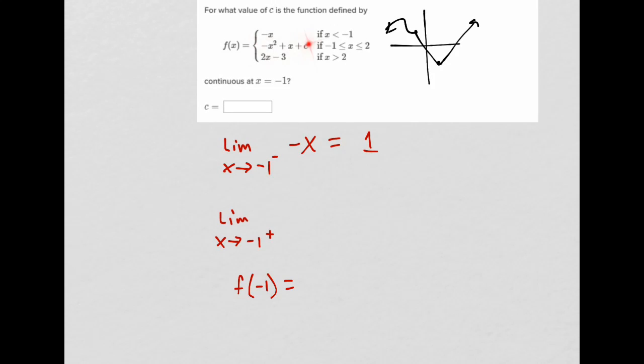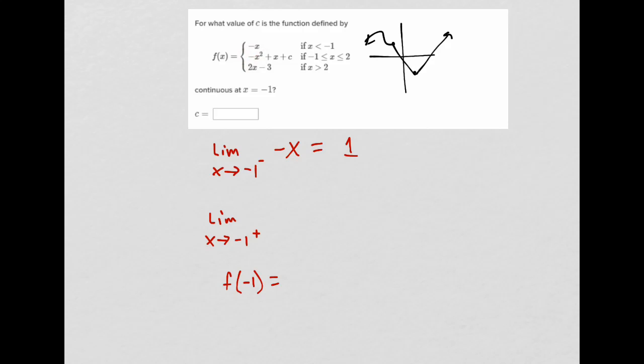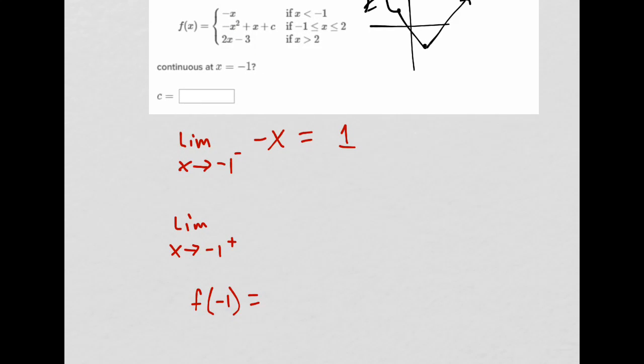What about the limit as x approaches -1 from the right side? That means we have to take the limit of that. Same reason: we're plugging in things that are slightly bigger than -1, and that falls into this interval. If it's slightly bigger than -1, then it's also smaller than or equal to 2. So we'll take the limit of -x squared